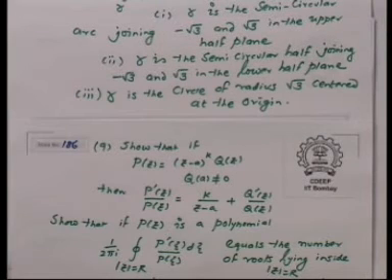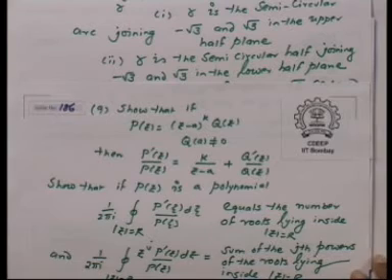Show that if p(z) equals z minus a to the power k times q(z), where q(a) is not 0, then p prime z upon p(z) is k by z minus a plus q prime z upon q(z). It's a very trivial exercise. Ninth one, the first part is a completely trivial exercise, and